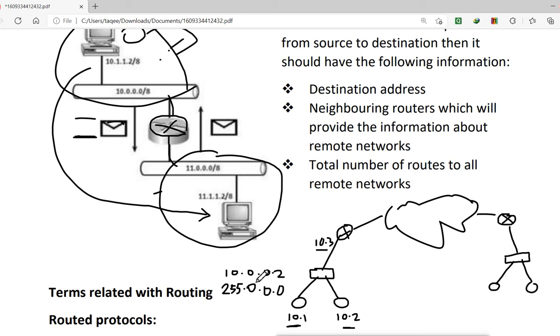So it asks what is the network of that IP which I try to ping. It only checks the network path first. It says this is the network path, my network is 10, and the machine which I try to connect to is also 10. That means it is the same network IP. The machine which is trying to ping is 10, and the machine which it wants to ping is also 10. So they are both in the same network.